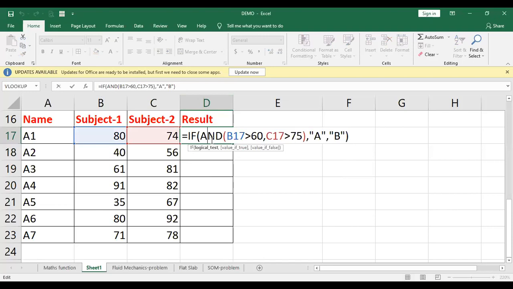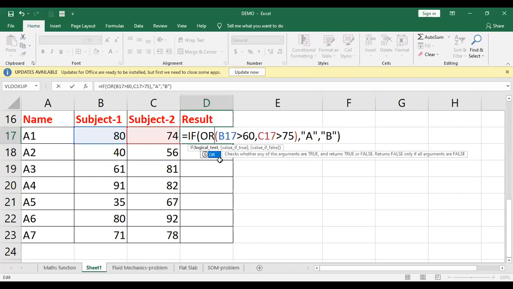I'll just double click on this formula, and you will be able to see that this B17 means this subject has greater than 60 marks, but this subject is not greater than 75. That's the reason it got B. But what if instead of AND I write OR here?